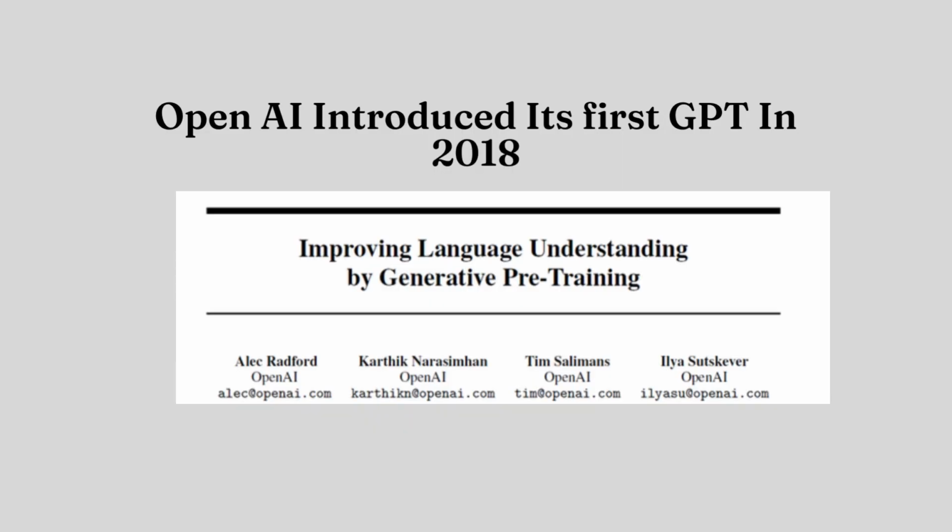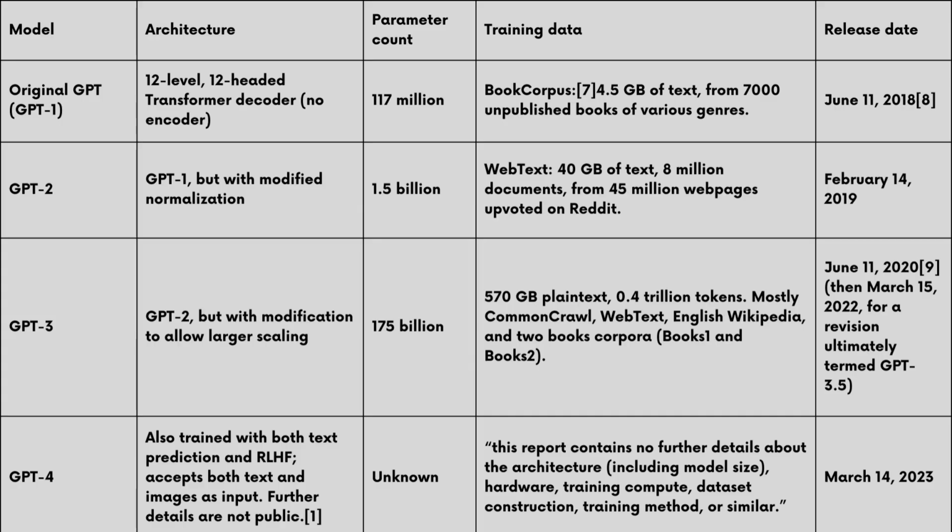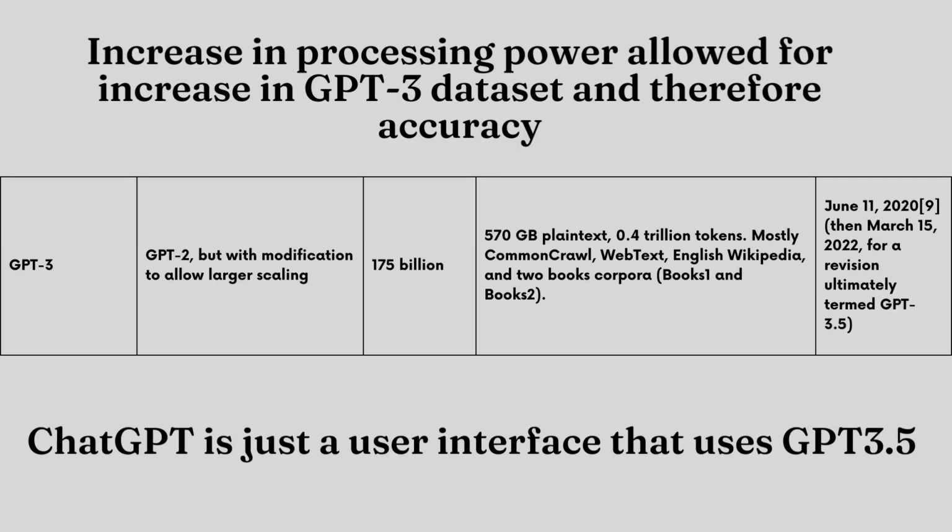And let's just review how GPT was developed quickly. OpenAI introduced the first generative pre-trained transformer in 2018, and this is an article by the OpenAI folks. This is a nice table that shows the original GPT with its number of parameters. You can see how quickly these have grown over the years, and the training data, which is also growing rapidly. Almost every year they've released a new model, and let's look specifically at GPT-3, which increased processing